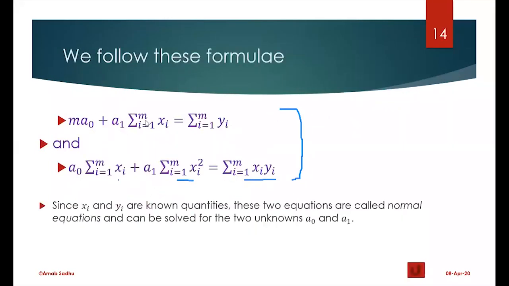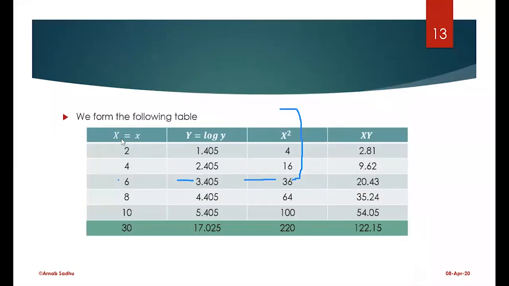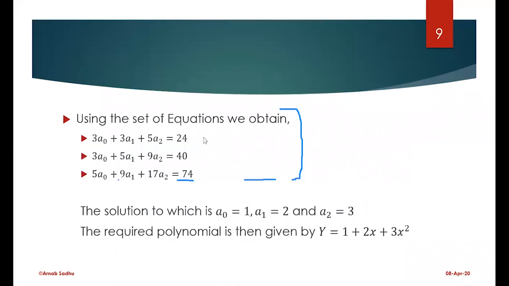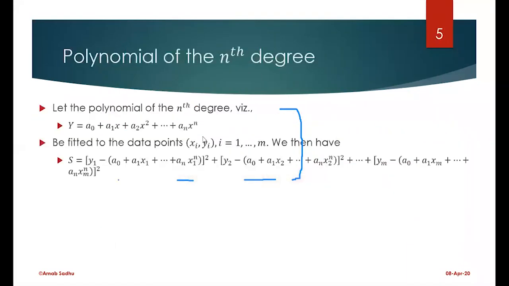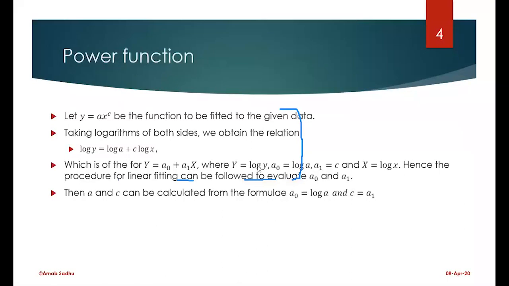And how did we do that? We took the values in a table like this and found out the summation of x. Now here Y is nothing but log y, as we have found out here. So small y values we know, we will just find out the log y values. Similarly, we know the value of small a, so we will find out log a, and that will be called A0. We know the value of c, that will be called A1. We know the value of small x, that will be known as log x.